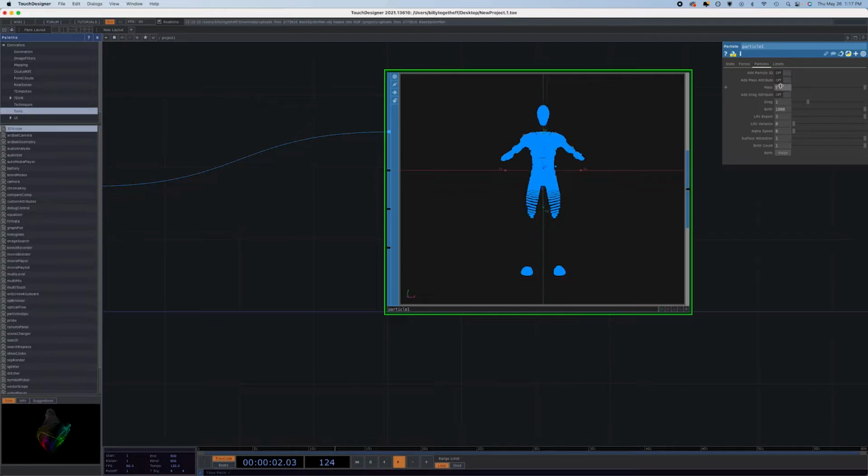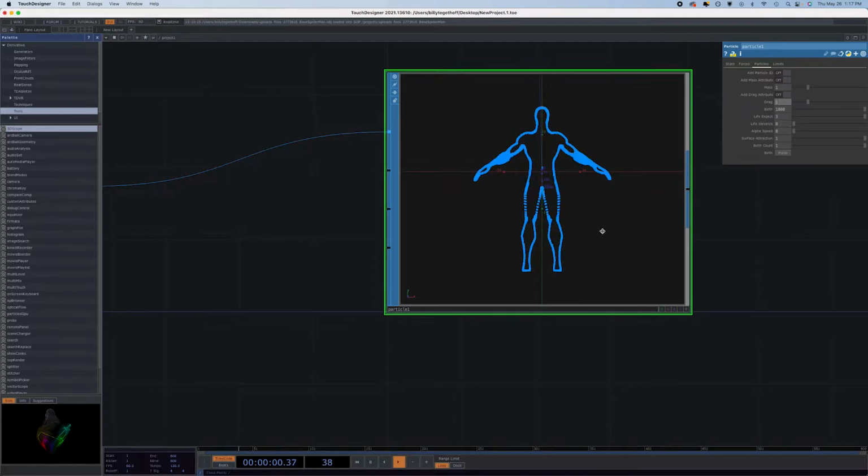Just because I'm paranoid, I'm going to set these back to 1, even though they're off. What we can do also is change how long each particle is going to stay in existence before it disappears with the life expectancy here. So if we move that down,